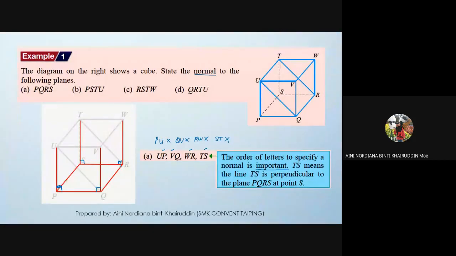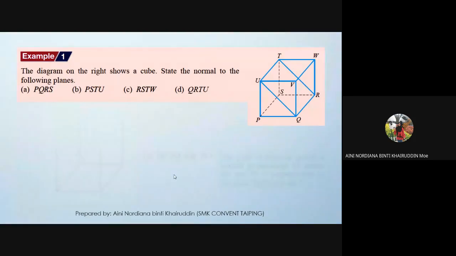Okay, for this topic only, the order of the letters of the normal is important. So nak baca yang mana dulu? V and then the letter in the plane. So VQ, WR, TS, UP. Okay. Kalau ada soalan tanya B,